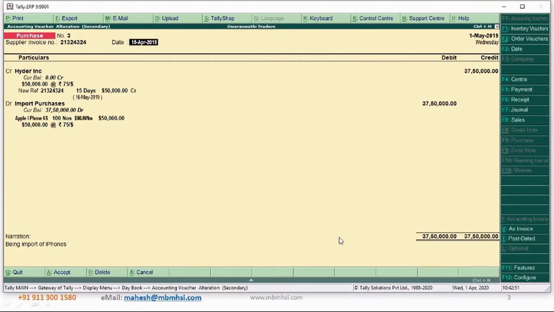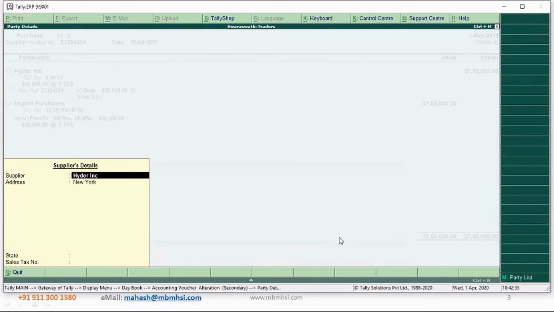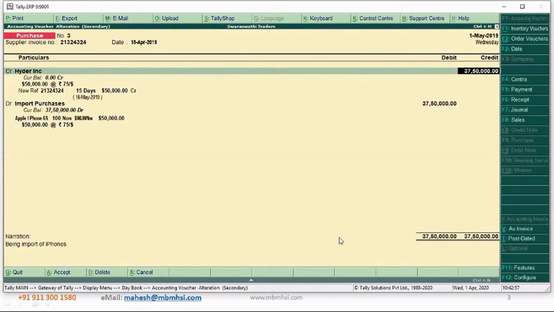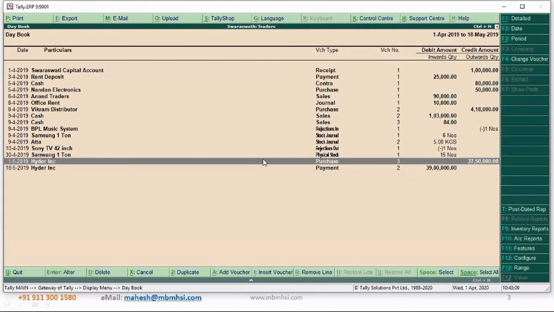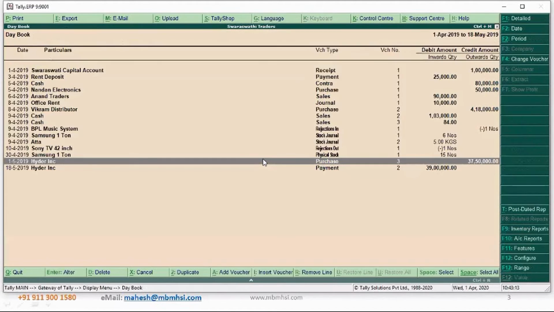You are giving the supplier invoice number, date, the supplier name, and you are typing the USD over here. Okay, so I'll take a new transaction and do that. It would be much simpler to understand. So let's take a new transaction and do it. But is this clear? Are there any doubts?